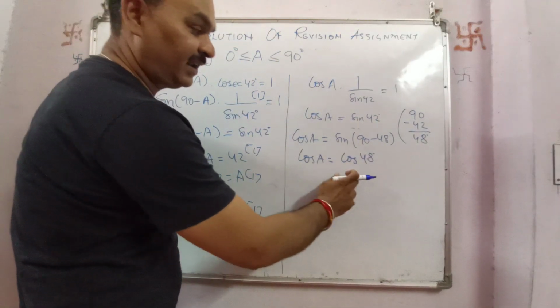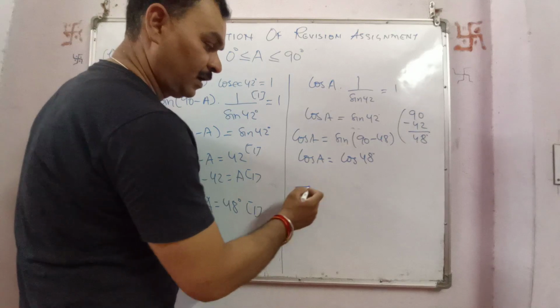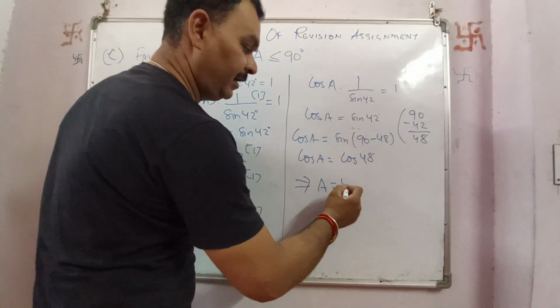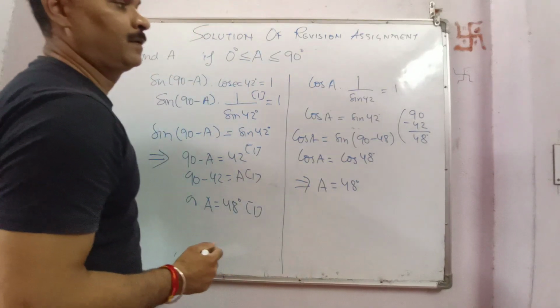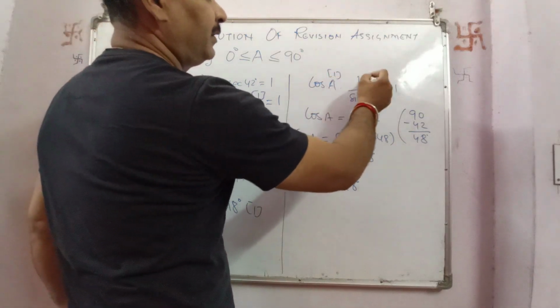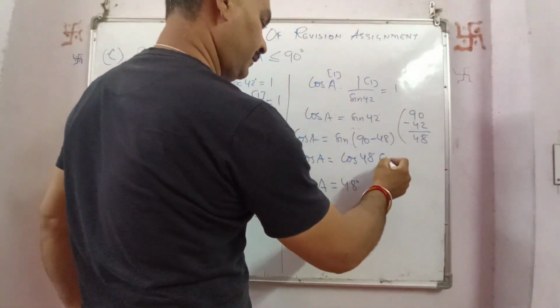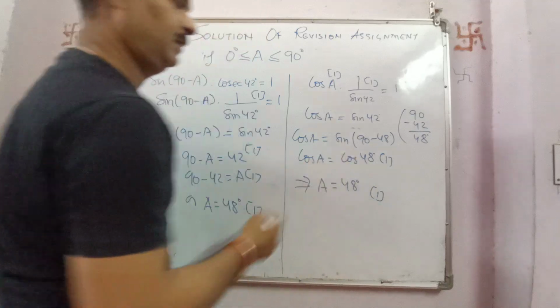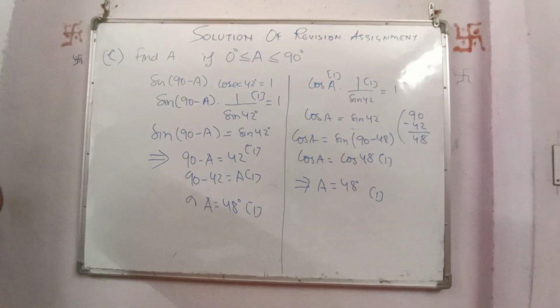Now we all know that sine 90 minus theta is cos theta, so cos 48. Now this time we have the same trigonometric ratio on both sides. On comparing, we can easily write A is equal to 48. Here 1 mark for this, 1 mark for this, 1 mark for this, and 1 mark for